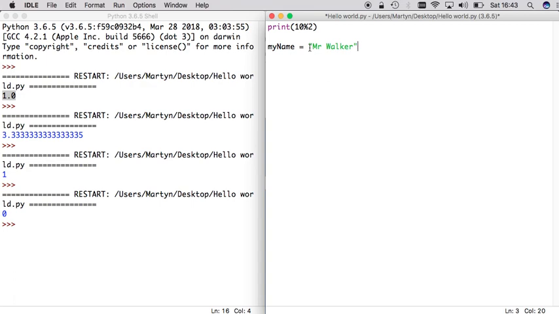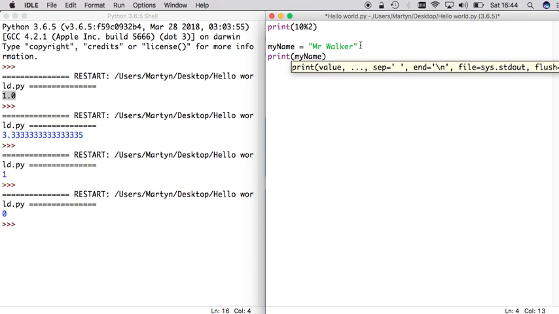Now, why are we bothering? Well, if we had a program which had loads and loads of lines in it, we don't want to have to write out Mr. Walker over and over and over again. We also might want to manipulate that at some point in the future, some point further down the page, and we don't want to have to rewrite it every time. So we use this instead. If I ever want this piece of information to come out of my program, I'm going to call it using this label. And the most simplistic way to call it would be to say print